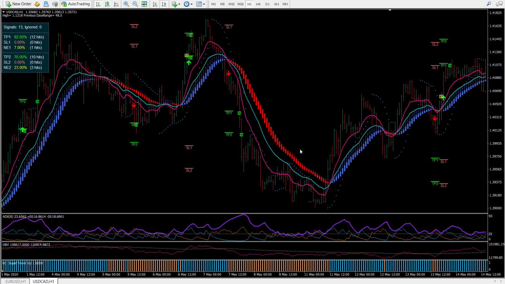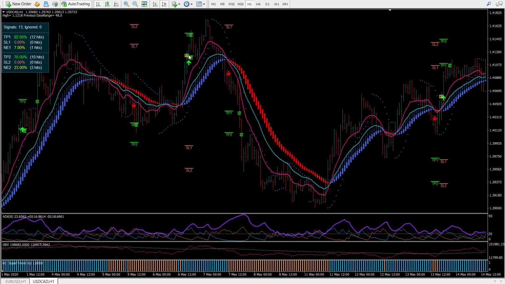So sometimes, suppose a signal has occurred but only take profit 1 has been hit, and TP2 and SL2 both have not yet been hit, and if you get a new signal, in that case you will get this yellow cross, and it will count that signal as new signal exit. So when a new signal occurs, you should close the old signal right here instead of letting it reach to the stop loss, because that will definitely be a loss.